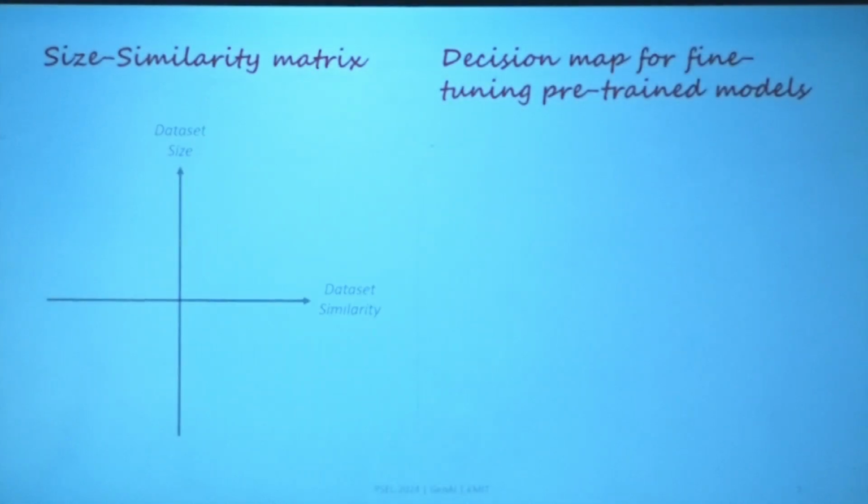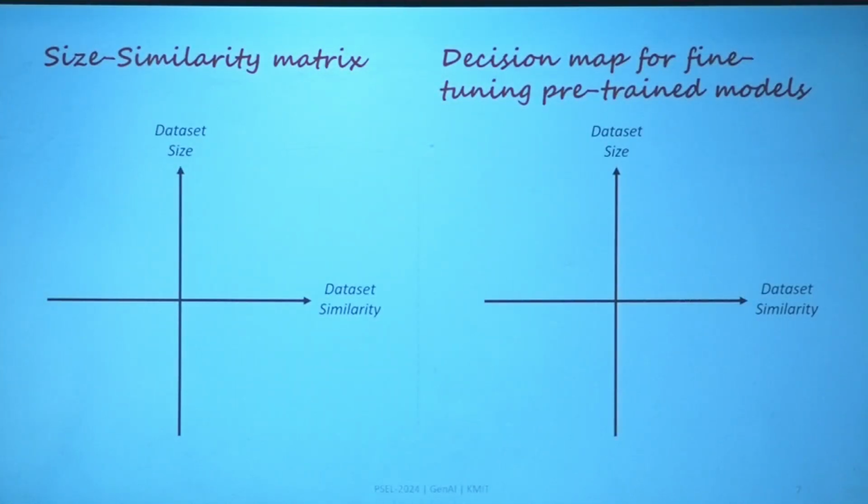You can easily remember and guess this with the help of the size-similarity matrix. You can take the decision on how to do the fine tuning of your pre-trained model. Looking at this, with respect to the data size and the data similarity, you can take a decision. Okay, see the first case. The data set is large but different from the pre-trained model data set. You have seen the case of a CNN trained on the ImageNet data set being used for the medical data set. Clear? You need to analyze this.